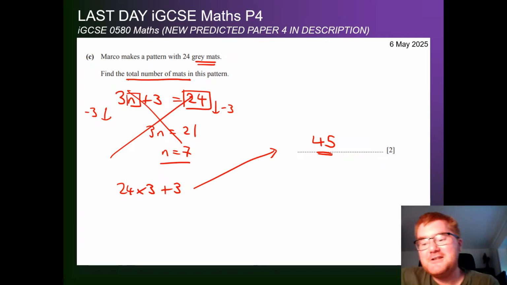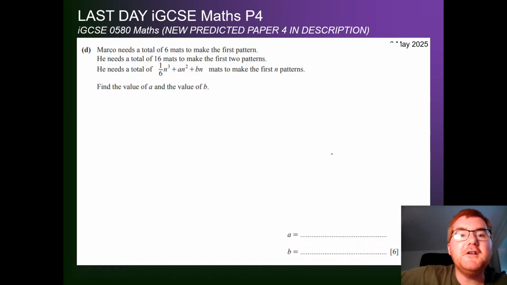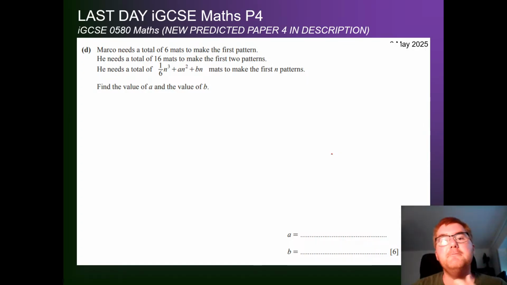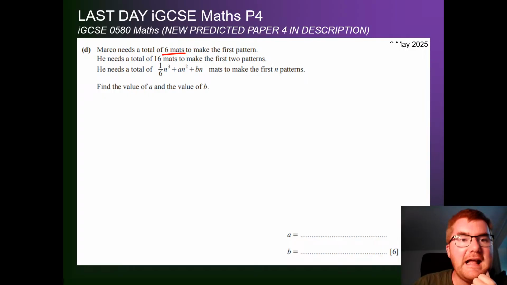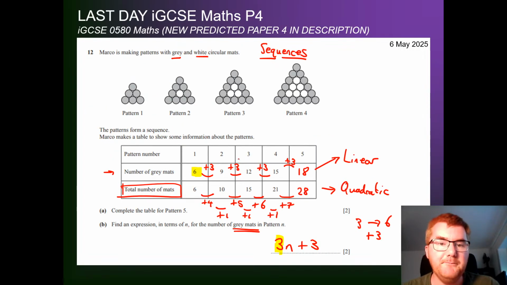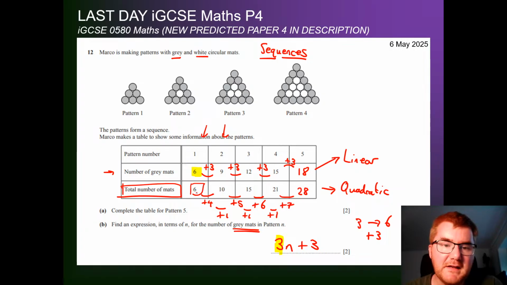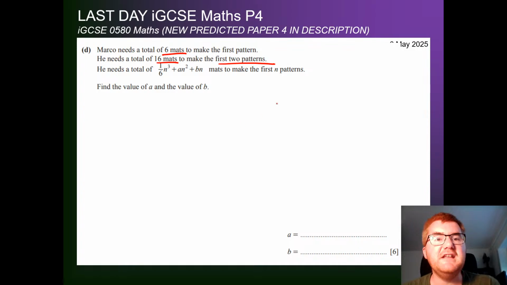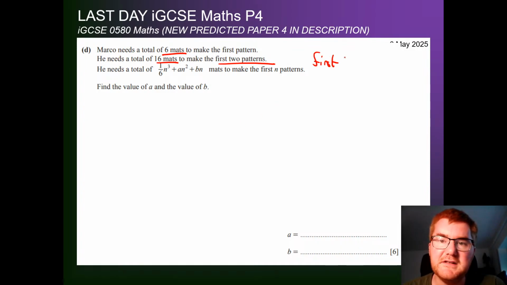Okay, let's move on to question D. So Marco needs a total of 6 mats to make the first pattern, and he needs a total of 16 mats to make the first 2 patterns. So let's just go back to our table here. In order to make pattern 1 and pattern 2, he needs to add together 6 and 10, and that gives him 16. And if we continue this, to make the first 3 patterns, although this is not needed for the question,